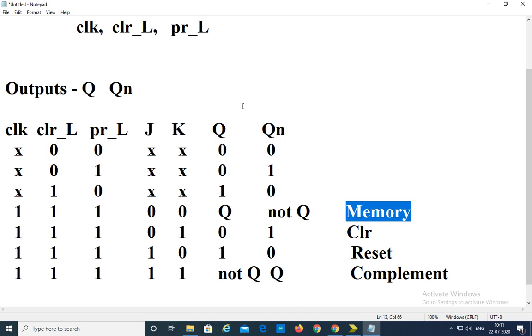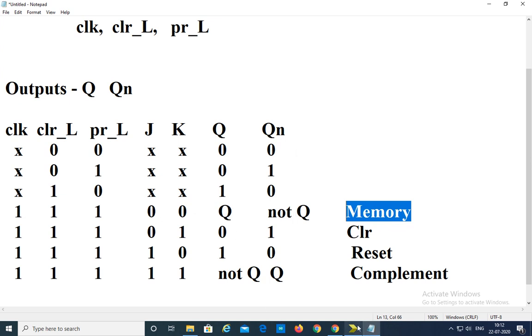Now based upon this truth table we are going to write the VHDL program. So observe the truth table here. We are writing the program based upon this truth table only. First of all, we are checking for clear and preset. If these two are zeros, then Q is equal to 0 and Qn is equal to 0. We don't bother about the clock and JK. If it is 0 and 1, then Q is equal to 0. If clear and preset are 1 and 0, then output Q is equal to 1, irrespective of these things. If clear is equal to 1 and preset underscore L is equal to 1, then we have to look for the clock rising edge, and also we have to look for JK. Then based upon these things, we decide what the Q output and Qn output are.